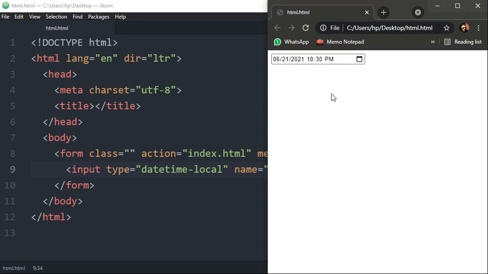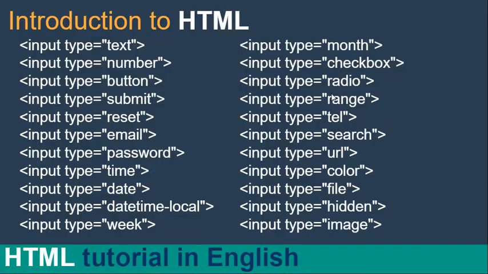Okay, so that's it guys, that's it for today. In upcoming videos we will discuss about these options. Okay, and a checkbox, radio button, range and such is quite important because you will implement most of these from these and from these in your web form. So we will discuss in next video in details with appropriate one or two examples.